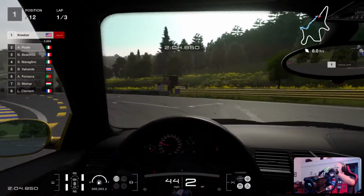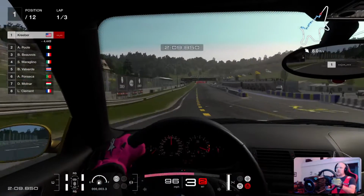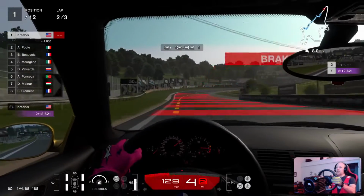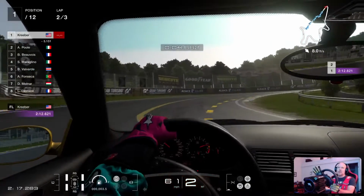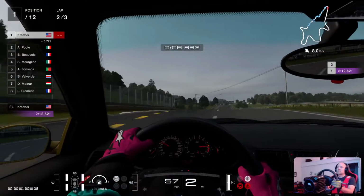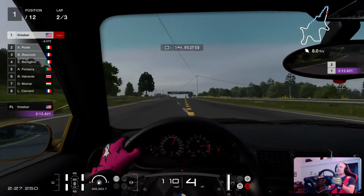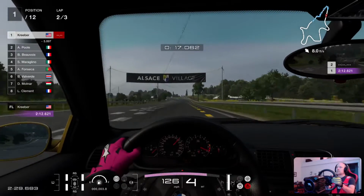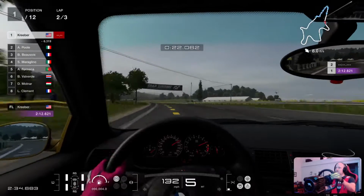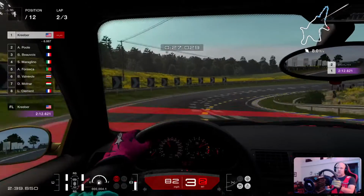I didn't notice the weight change on the Z4 motor, the Z4 race motor getting dropped in it, so I don't even know how many cylinders. I don't know if it's a hopped up 6 or if it's a V8. I kind of assume it's a V8. But honestly, that might even be a big assumption. A lot of these cars are going to 2 liters in the production models, so